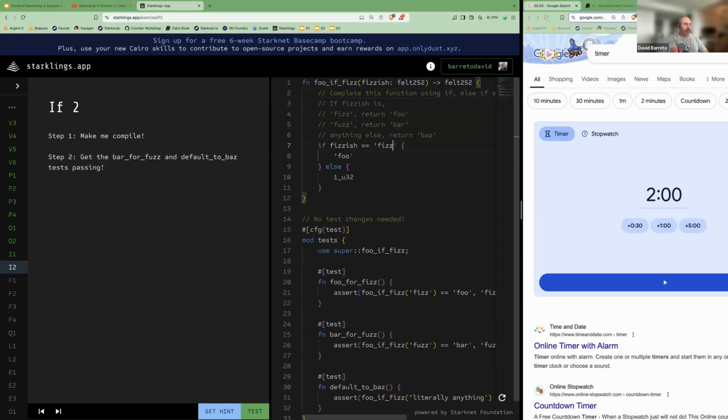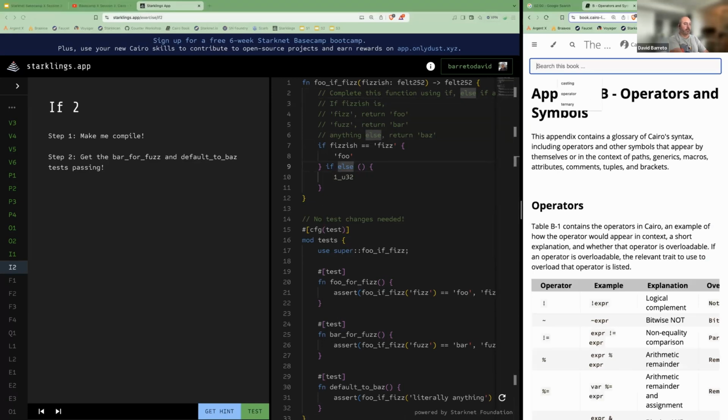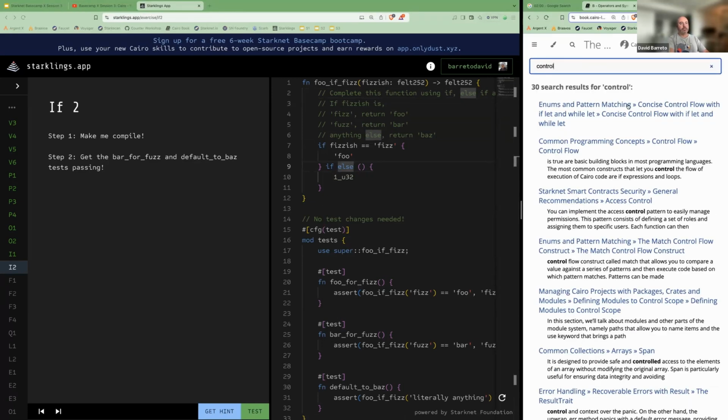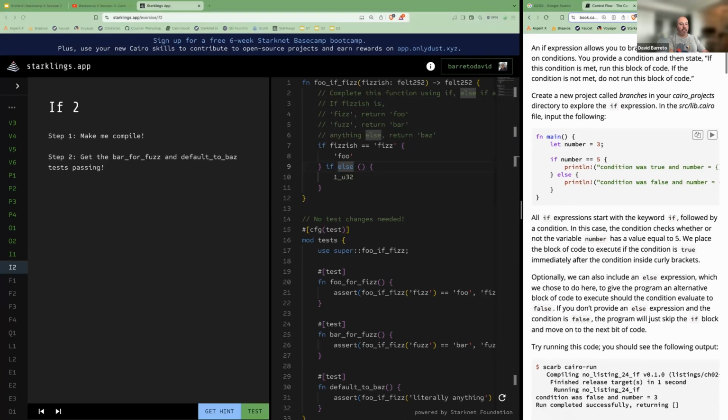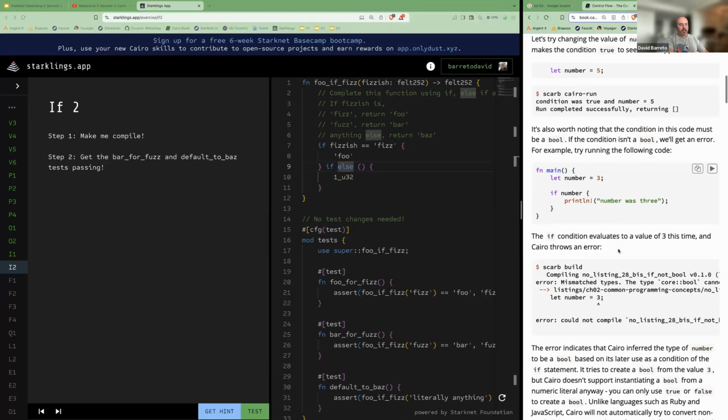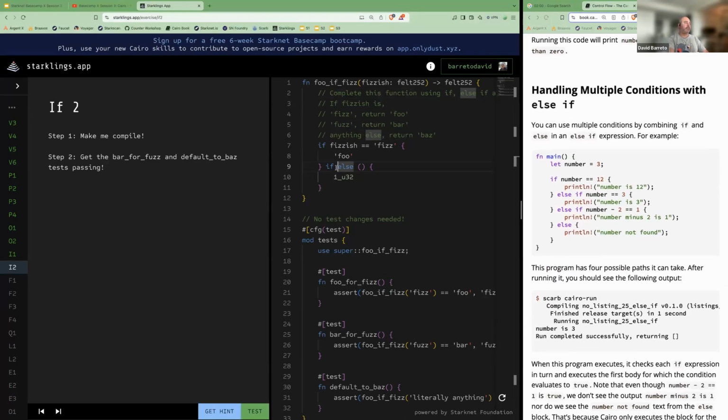If fish is fish, return foo. That seems to be fine. Now, if it's fuzz, return bar. So we need another, I think it's if else. If else combined, one single word. Let's say control operators. We have the regular if and else. I forgot how to do the if else. A single, oh, it's else if. All right, that's what I got wrong. Else if